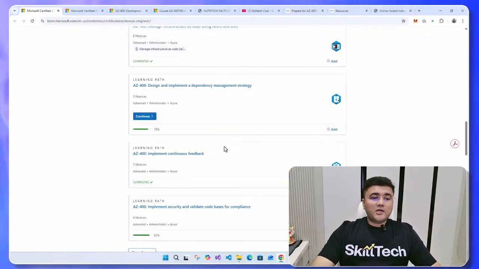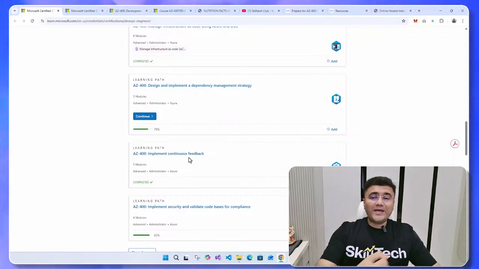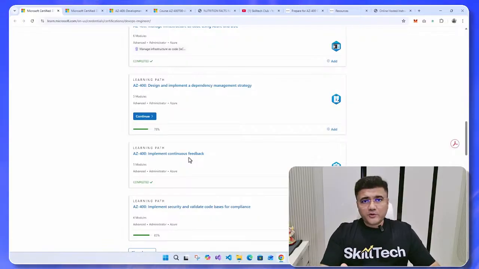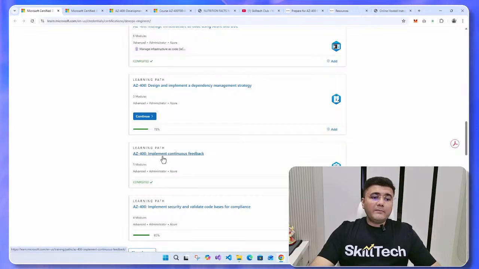You have to make sure that you continuously monitor that. And from this monitoring, you have to configure some kind of an alert mechanism using which you can continuously get the feedback of the things which are happening there. You have to check the performance of your application. You have to check the availability of your servers. You have to make sure that your users are actually getting familiar, getting comfortable with your application, and that your applications are performing well for the desired conversion goal. And all these things you're going to do in the implementing continuous feedback module.